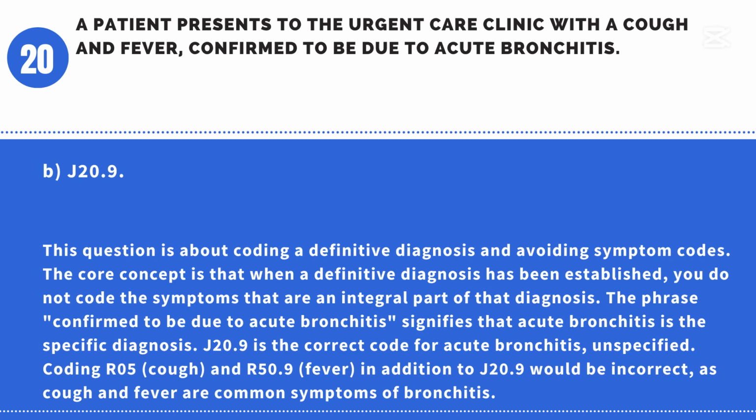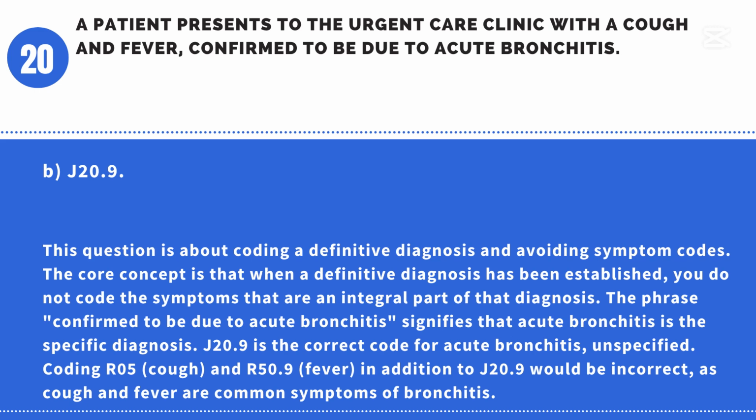Answer: B. J20.9. This question is about coding a definitive diagnosis and avoiding symptom codes. The core concept is that when a definitive diagnosis has been established, you do not code the symptoms that are an integral part of that diagnosis. The phrase confirmed to be due to acute bronchitis signifies that acute bronchitis is the specific diagnosis. J20.9 is the correct code for acute bronchitis, unspecified. Coding R05, cough, and R50.9, fever, in addition to J20.9 would be incorrect, as cough and fever are common symptoms